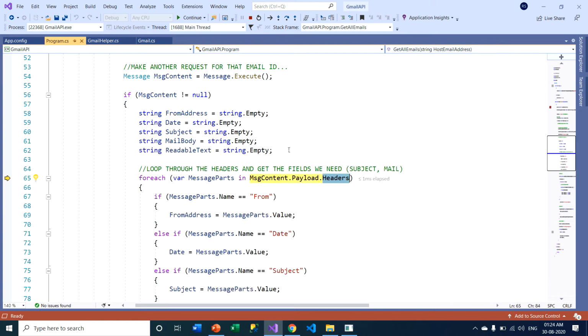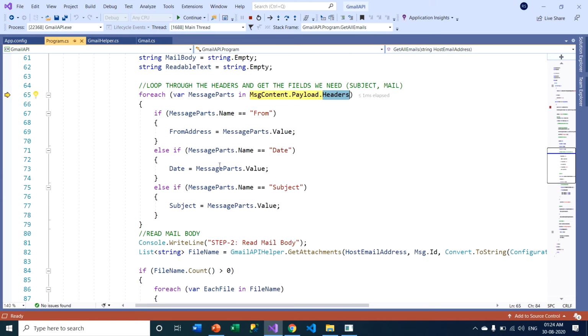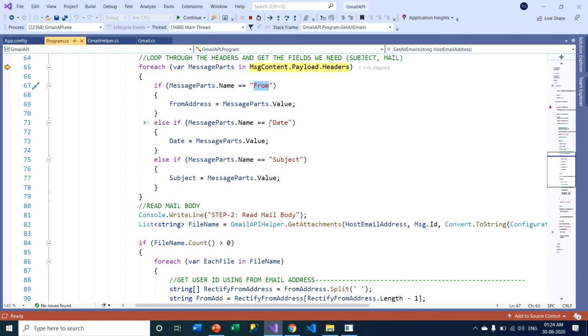content.payload.header. A mail has a header section. Within the header section we are retrieving some basic information regarding this mail. For example, which address this email came from, that means form address. And after that we are checking from which date this email was received.